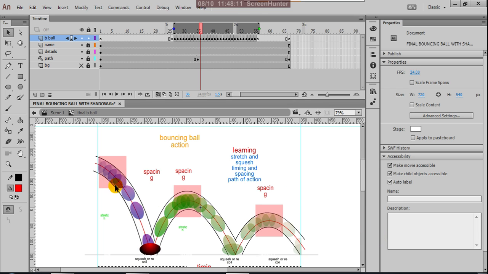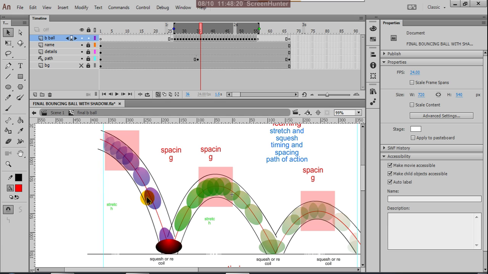Here we understand stretch and squash. What is stretch and squash? I already explained: the stretchiness of the ball here, distorting the ball shape. If you maintain the same round ball here also, we cannot see the speed of the ball, the velocity of the ball.